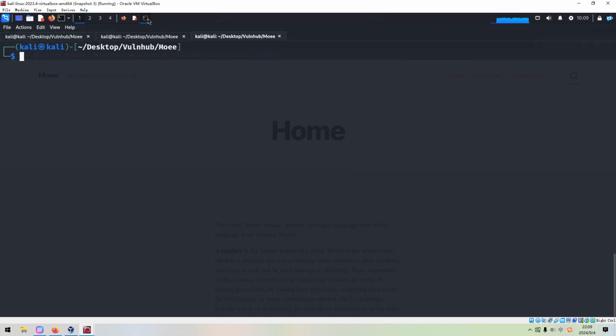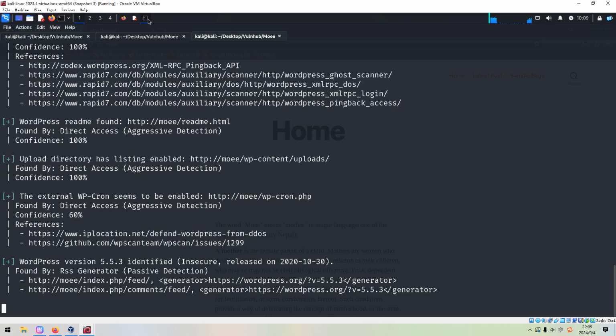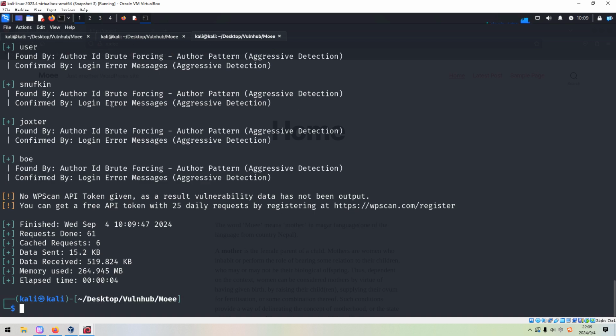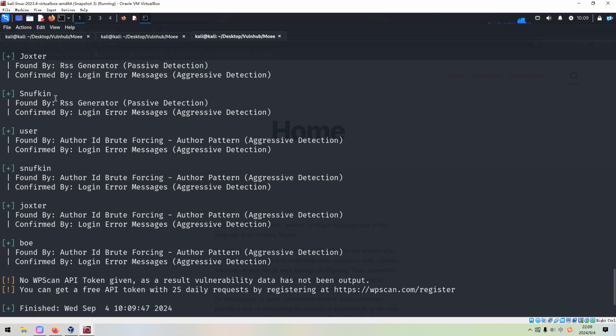So what we are going to do next, because we already know that the target is running WordPress, we can launch the particular enumeration for WordPress with the utility WPScan, and we can specify the URL and the option of -e to enumerate the username and plugins. P stands for plugins. And as you can see, we found some usernames, maybe we can note down such information.